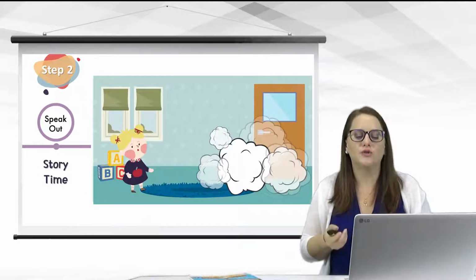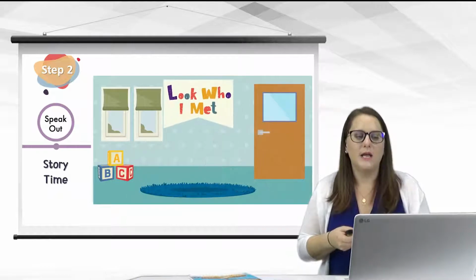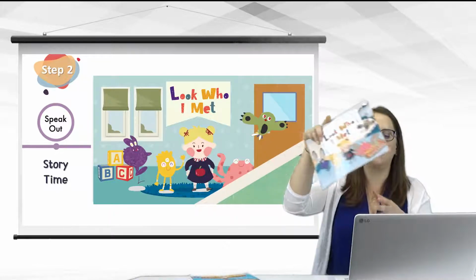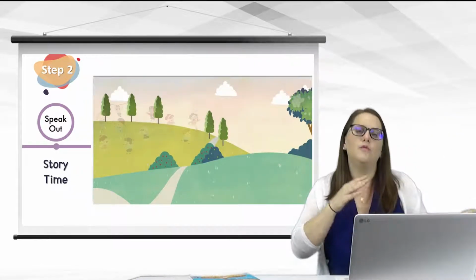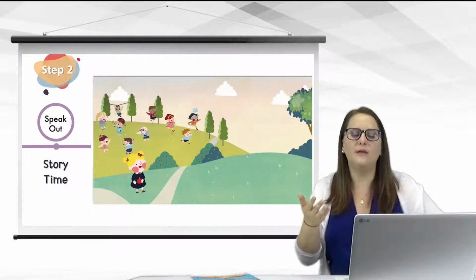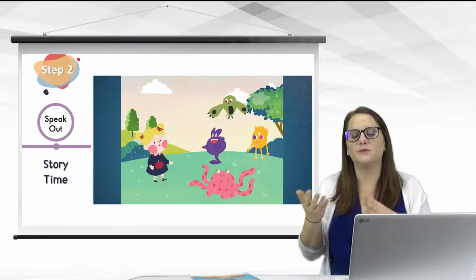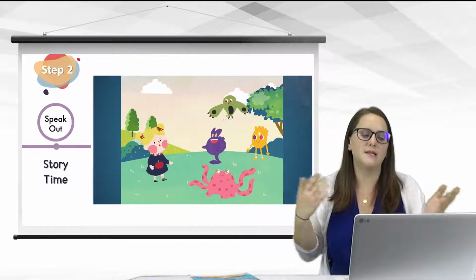Now, story time. Here is where the students are going to actually interact with the actual book. Your job is to point out key moments through the picture walk. And this is going to remind students of the expressions that they have already learned both in the theme songs